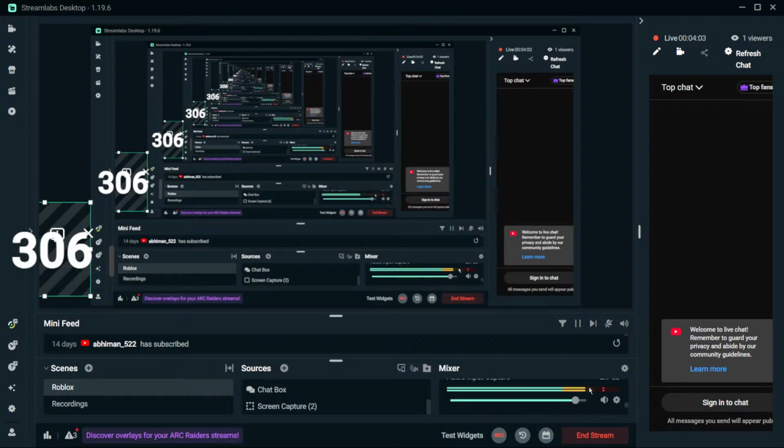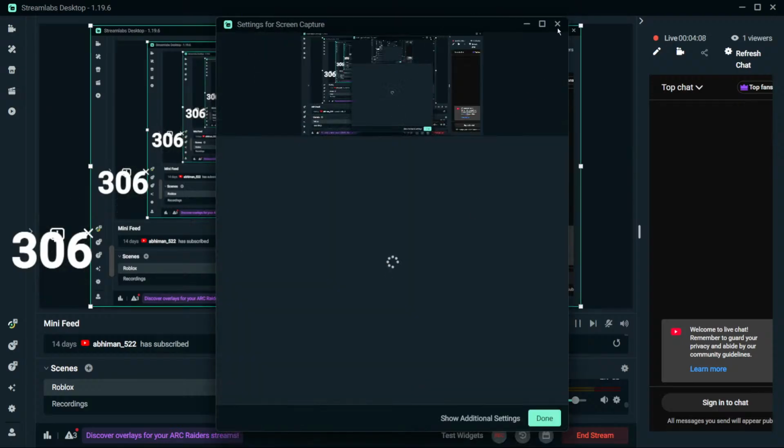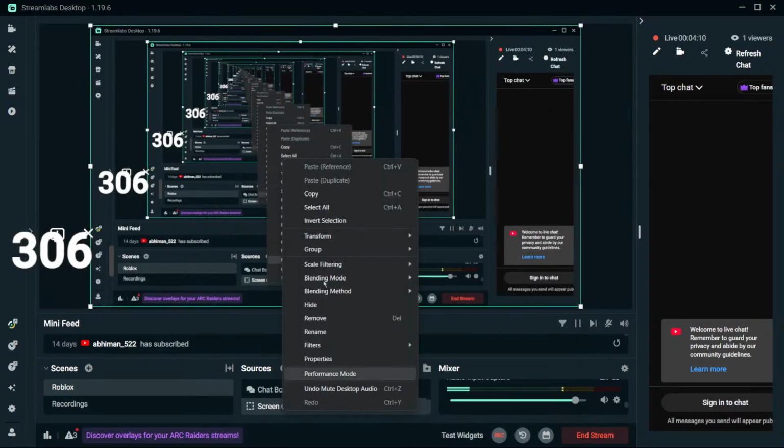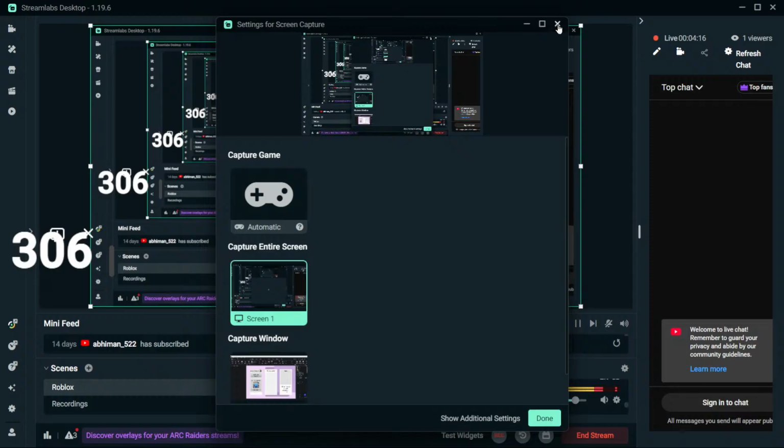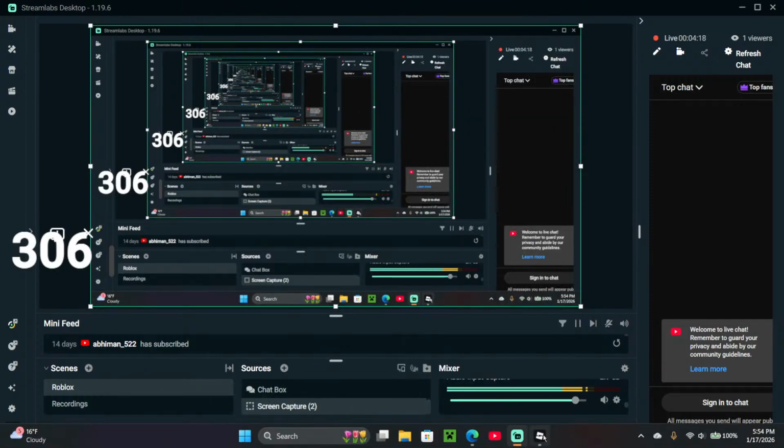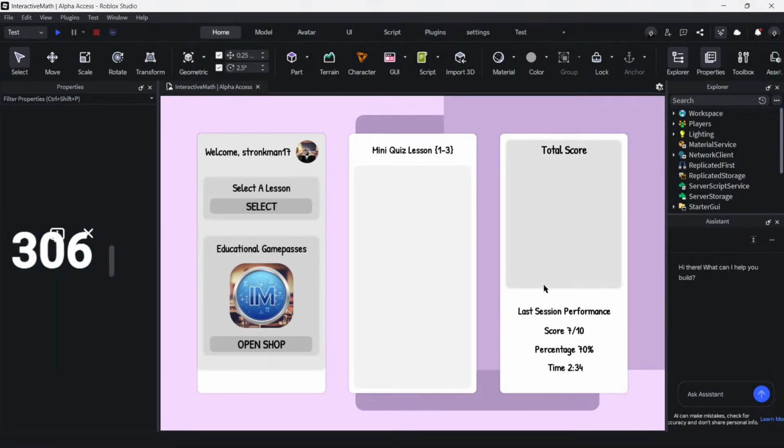I don't think screen capture even has a sound thing. See properties for this. Yeah, it doesn't. It just doesn't capture that. Okay. Is that an improvement? Not bad. Yeah, that's good. That's good. So,